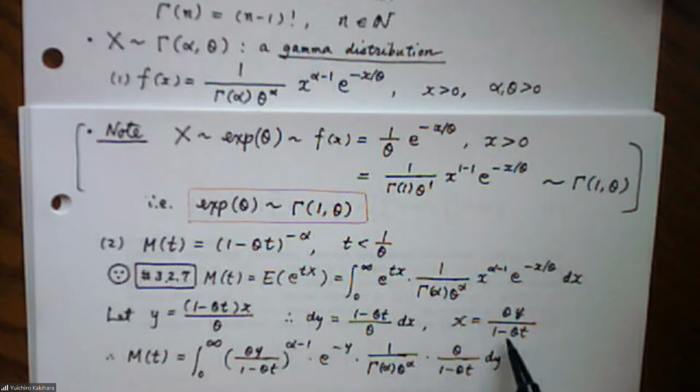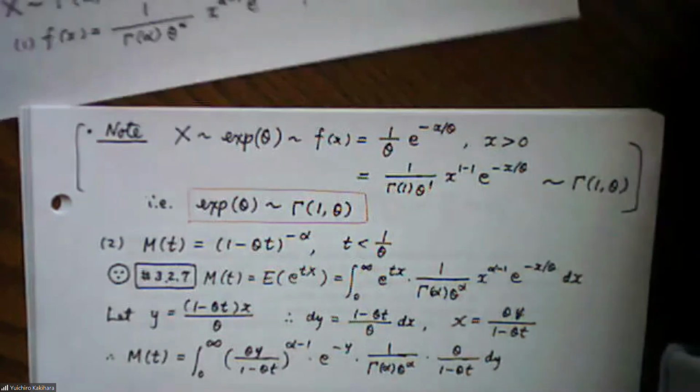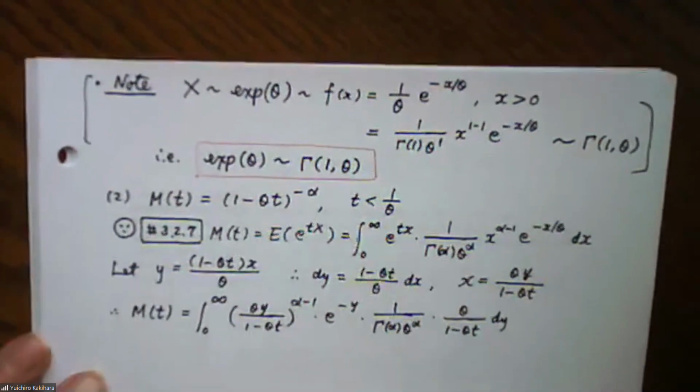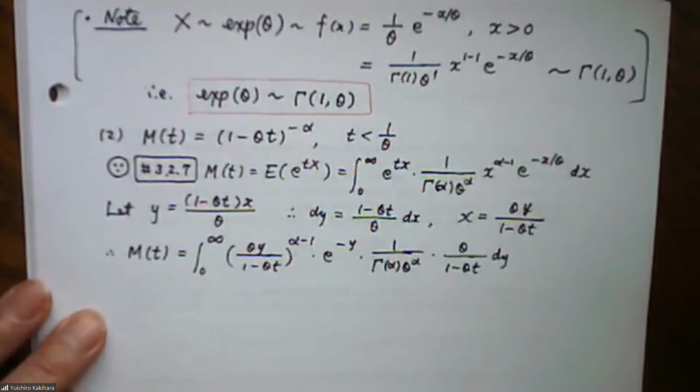X is this guy, so differentiate: dx is equal to this constant times dy, right? And so this is it. We can rewrite like this, and then